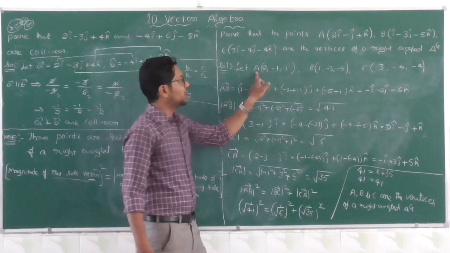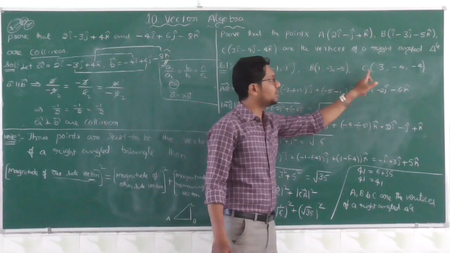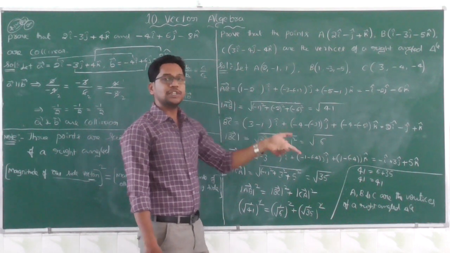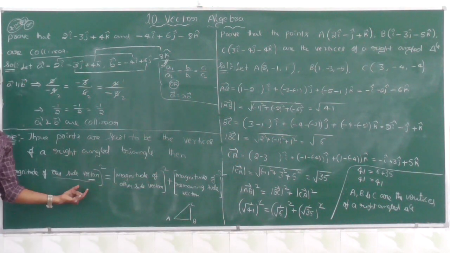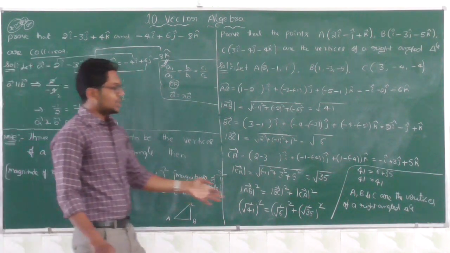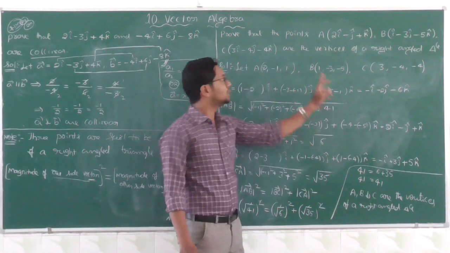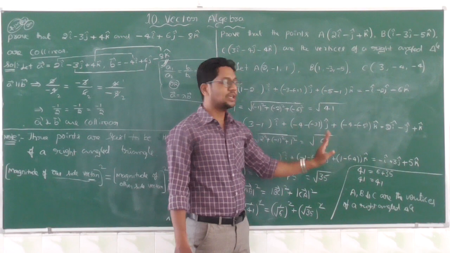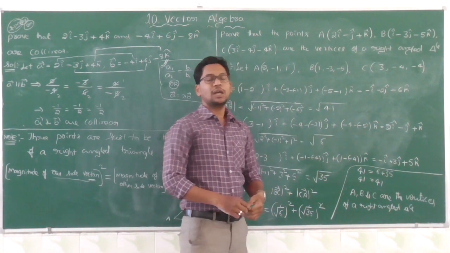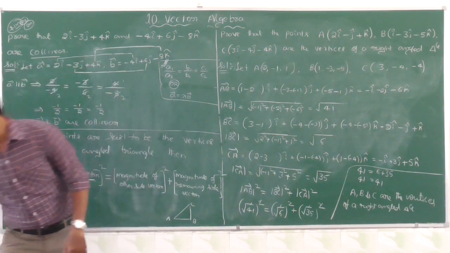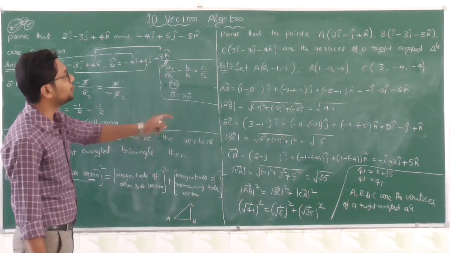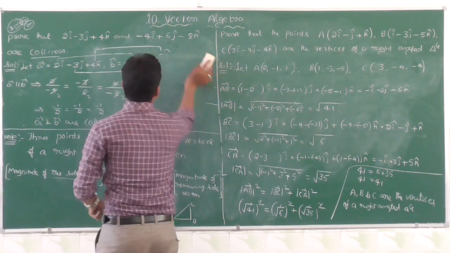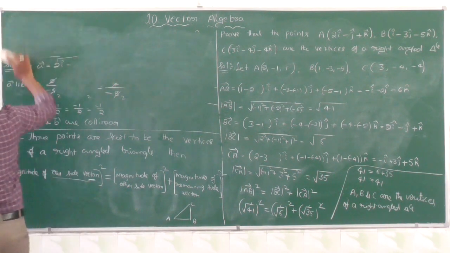Once again, just see: the AB vector, next the BC vector, next the CA vector we have to find along with the magnitude. After that we have to verify this condition. If these two are equal, then we can say that the given points are vertices of a right angle triangle. Otherwise the given points are not vertices of a right angle triangle. So it is the concept of proving 3 points are the vertices of a right angle triangle. Regarding this, I will give an example.